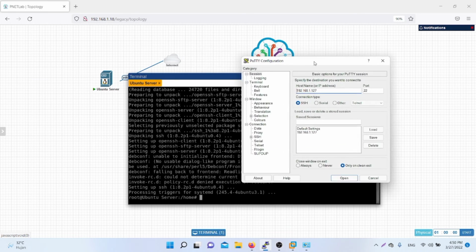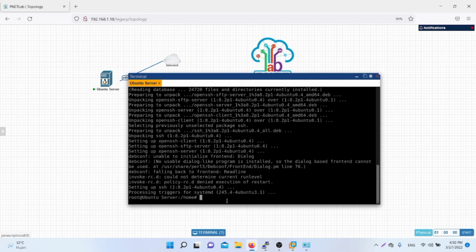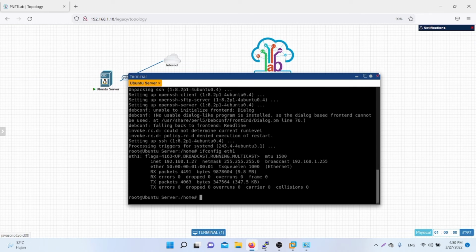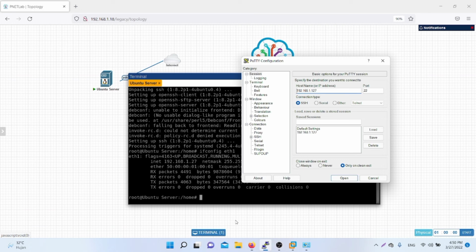Nah, but before that, we must copy or we must know ifconfig eth1, how many IP addresses. 192.168.127.